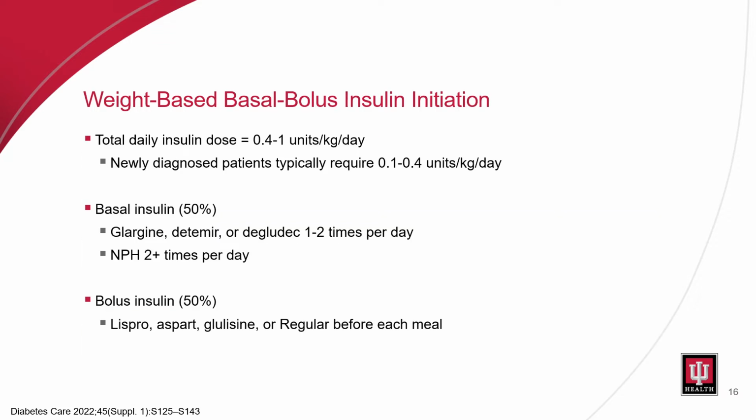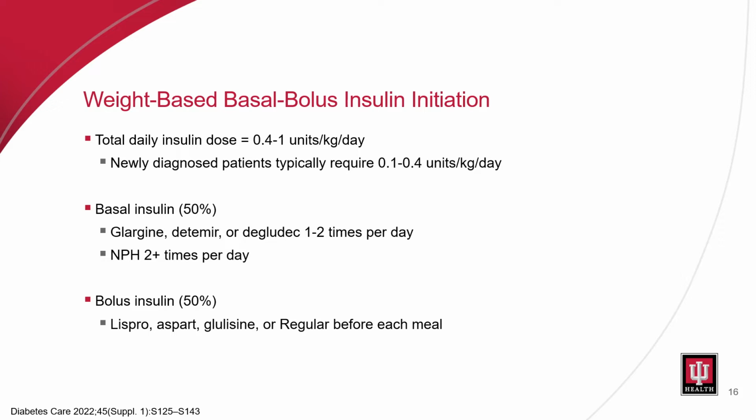Now we talked all about insulin products, so how do you decide what dose and what insulin products to use? So this is what we're going to start talking about now. Typically, especially in an insulin naive patient, we'll start a weight-based basal bolus insulin regimen. The total daily dose that's typical for type 1 diabetics is 0.4 to 1 units per kilogram per day, and the American Diabetes Association does recommend titrating to a goal of about 0.5 units per kilogram per day within the